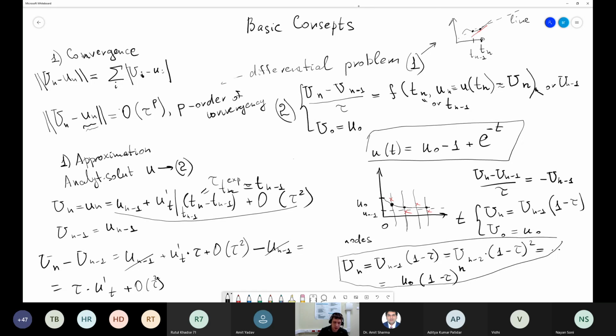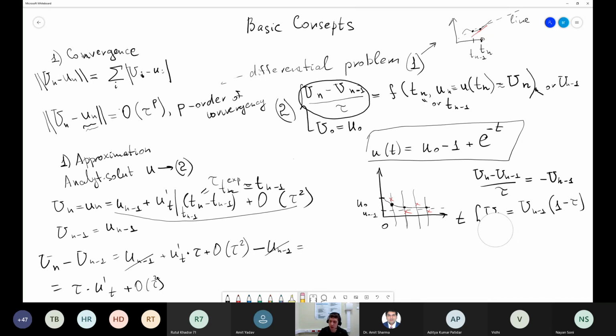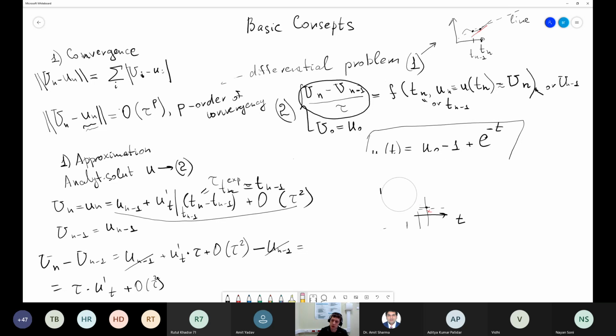Great. Now we can calculate this term. This term will be equal to tau multiplied by the first derivative plus O of tau squared, divided by tau,